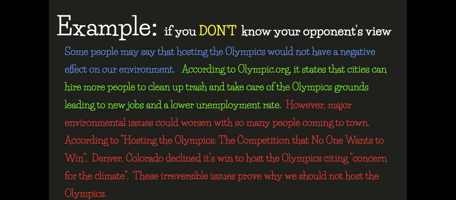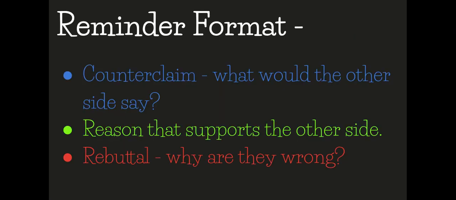Both take care of the counterclaim and rebuttal aspect of argumentative writing. And I want to remind you that argumentative writing is very similar to informational writing. You are informing your audience of your topic and the information that goes along with your topic. Really, the only difference here, guys, is this part: the counterclaim and the rebuttal of the writing. That's you acknowledging the other side to a debate. As I said before, every good debate has another side to it, and you give your reasons why that is not valid information, okay?